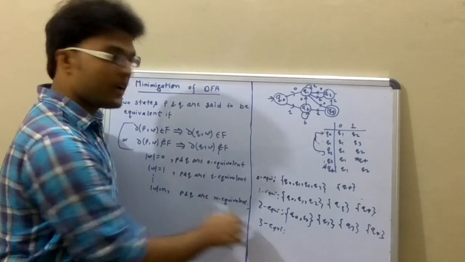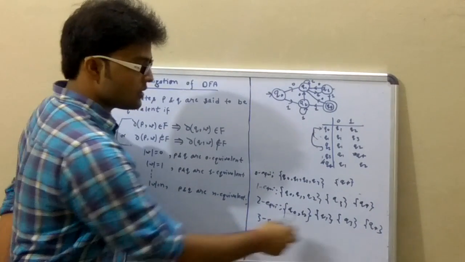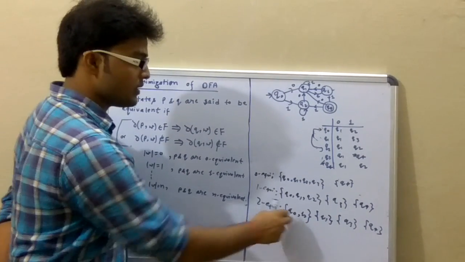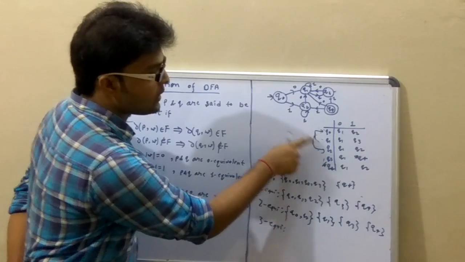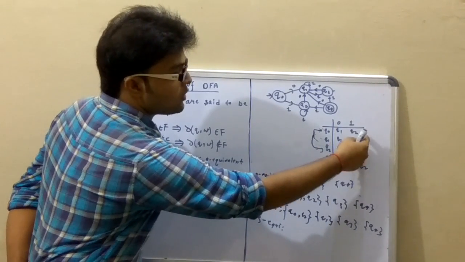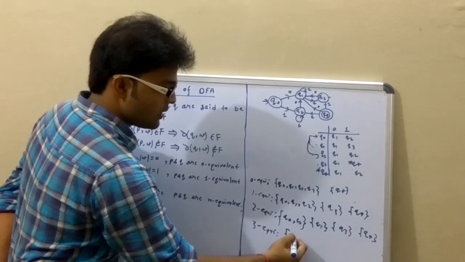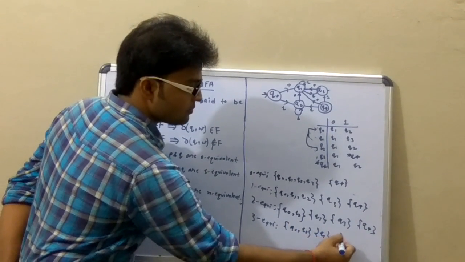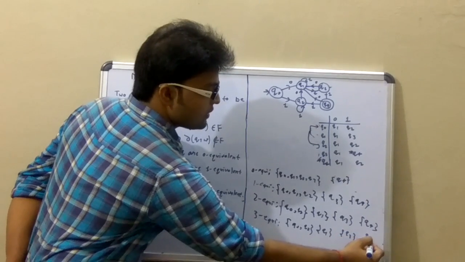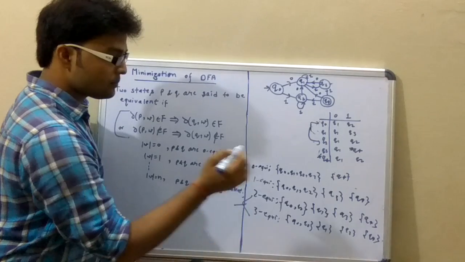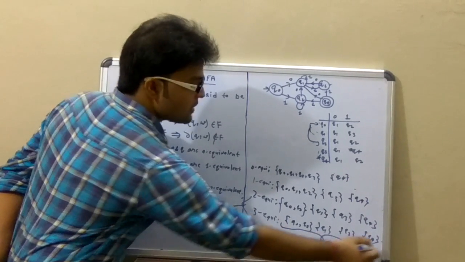Now we will find 3 equivalent. These are single elements, so we will not check in these sets. We will check in this set, Q0 and Q2. Q0 and Q2 on input symbol 0 go to Q1 and on input symbol 1 go to Q2. No change. So if we get no change in the equivalent states, then we can say these are the minimal states